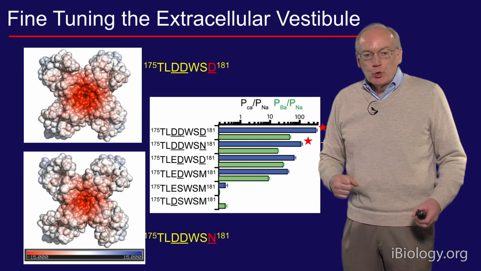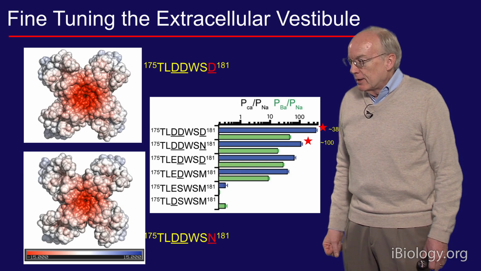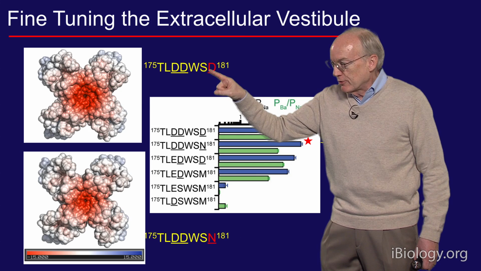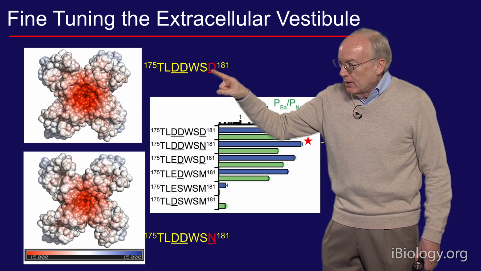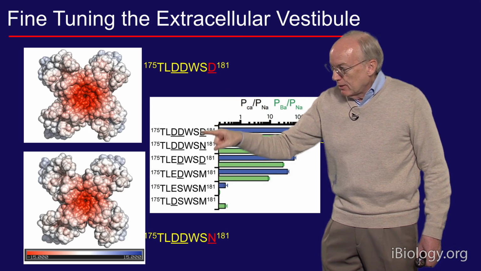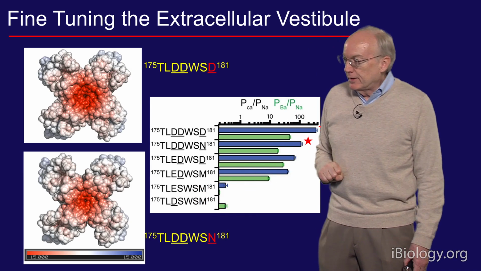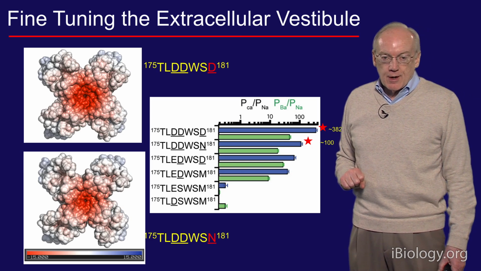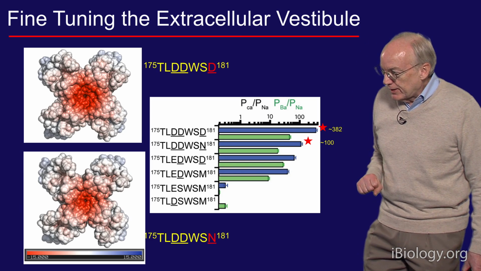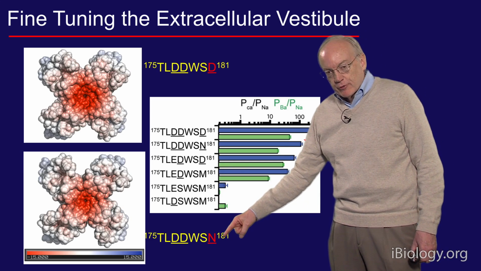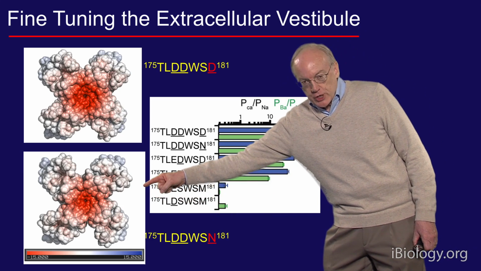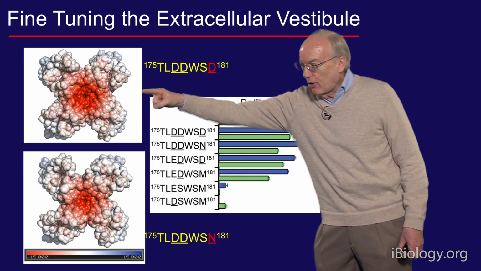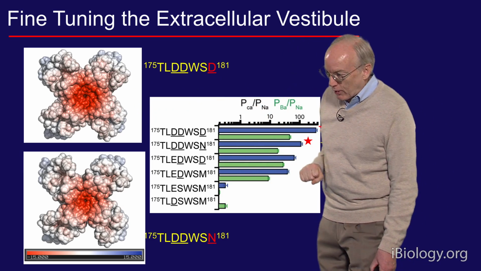We've also improved the calcium selectivity by creating a binding site for calcium at the outer end of the pore by changing this amino acid residue, which was a methionine, M, uncharged, to D or to N. And this tunes the electronegativity at the entrance to the ion channel, and that's compared here in the red shading. N, which is hydrophilic but uncharged, gives light red shading at the outer end of the pore, whereas D, which is negatively charged, gives darker red shading at the outer end of the pore, indicating more